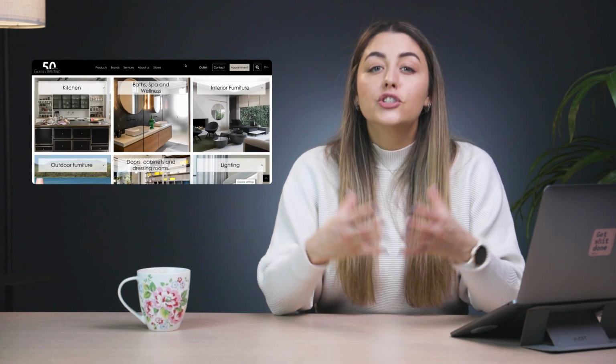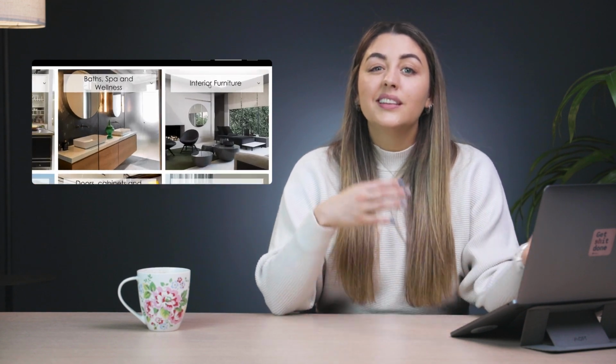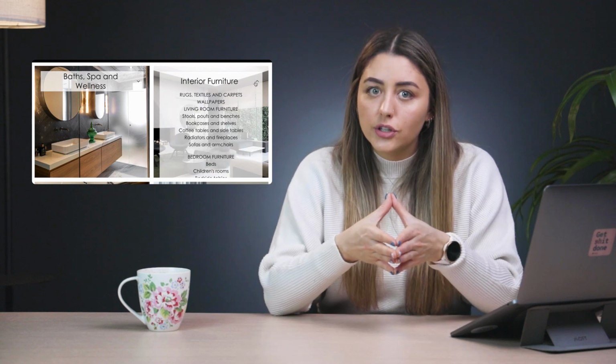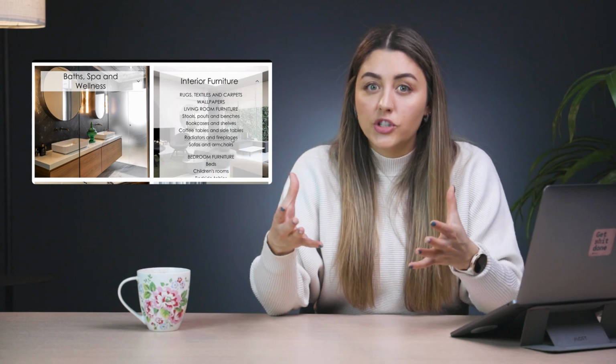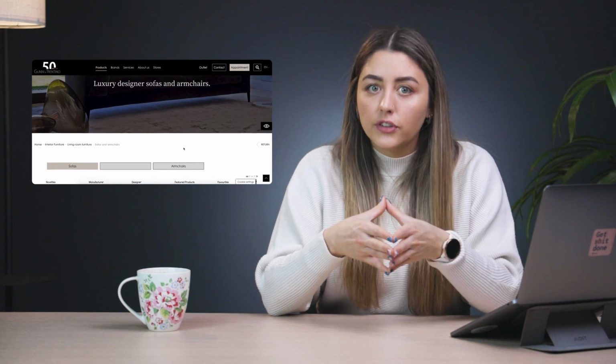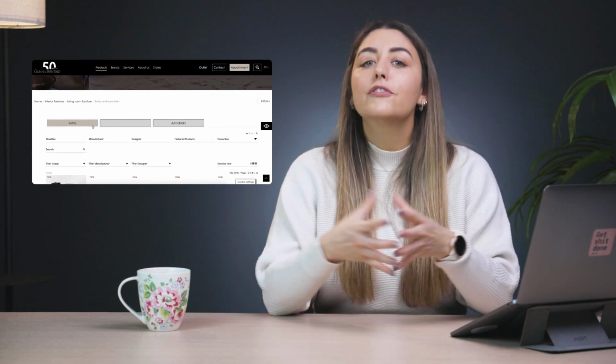For example, if someone's searching for home goods, they should be able to search by the room, but then they should also be able to narrow down their search to, say, sofas and armchairs. And then narrow down even further to just sofas and be able to set filters to choose the right one. This ensures that shoppers who want to look around for ideas can do so, but when they're ready to select a specific item, they're able to do that easily as well.